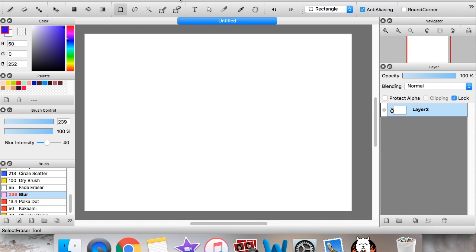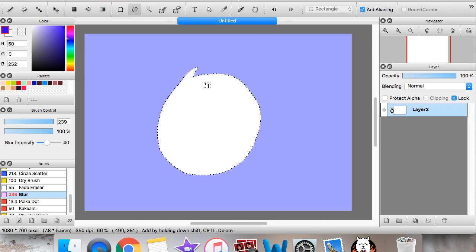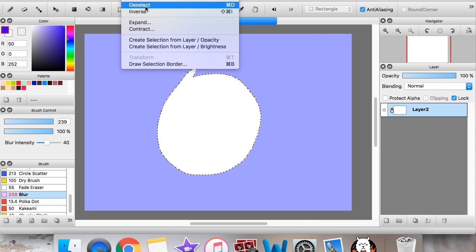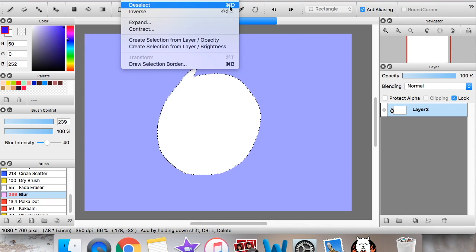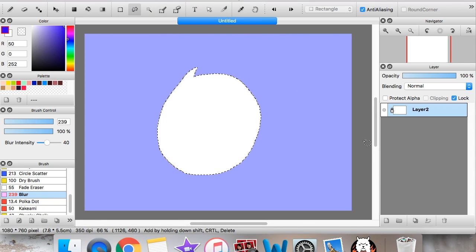The next 4 or 5 brushes have to do with the selection thing. I have a whole video on selection tools. I'll have the annotation for that. But one thing I will say right now is the most common question I've gotten is how to deselect something. If you select something and you don't know how to get rid of the selection, you can go up to the select tab, and then click deselect, and it unselects it for you. I memorized a shortcut, so it's Control D or Command D, so I just do that,